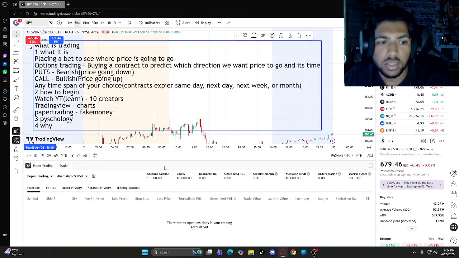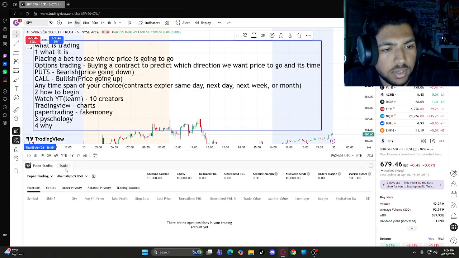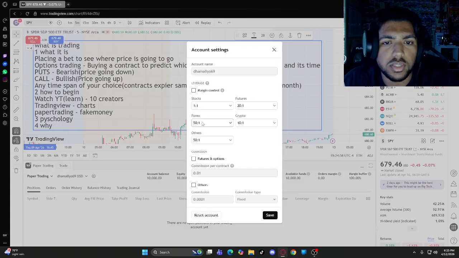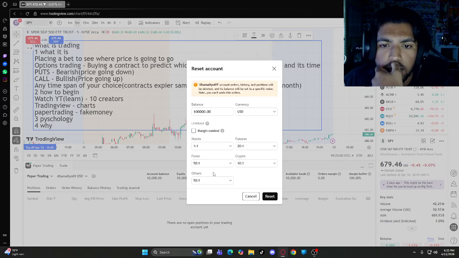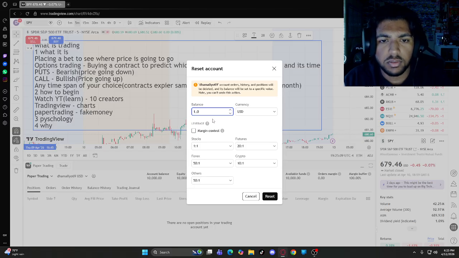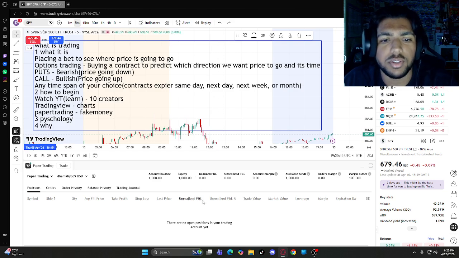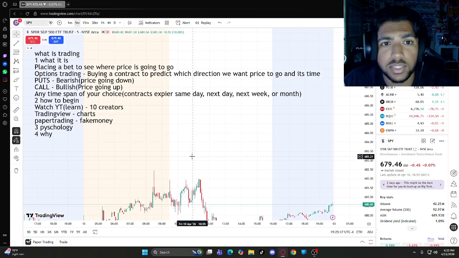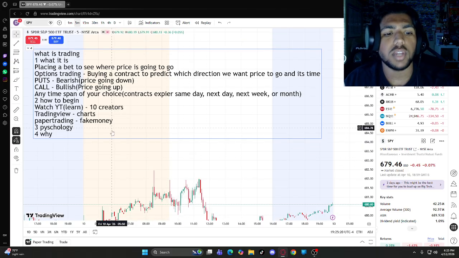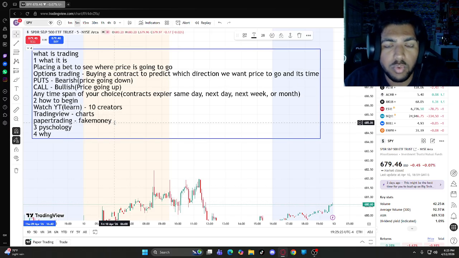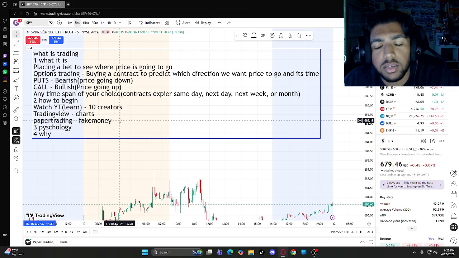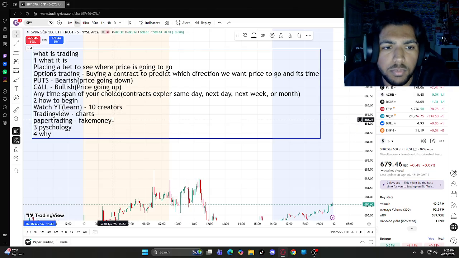So look at this. This is the TradingView paper trading account. I already have it logged in so I can show you guys. Account balance, $10,000. But if we go to the settings and we come down, let's see, where is it at? Reset account. All right, look, right there. We can change this account to a more reasonable account. $1,000. Now we have a $1,000 account. That is super realistic, right? Super, super realistic. So now we can trade with $1,000 of fake money. No risk involved. It's just a way for us to learn the market. We can learn the charts and we can apply what we know.